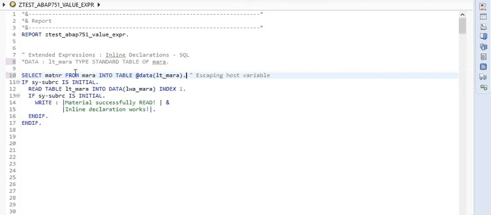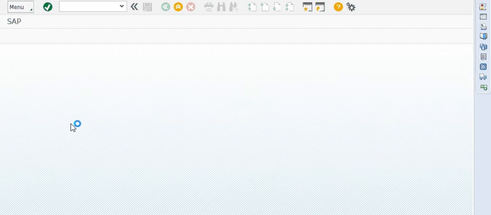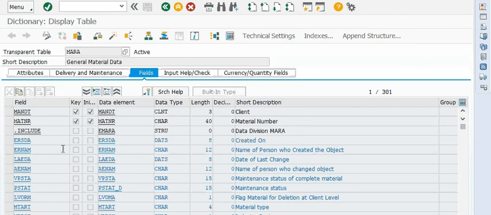So if somebody tries to add one more field here, then LT Mara will have more fields in it because this is being created on the fly. For example, let me add one more field there. For example, created on, yes,